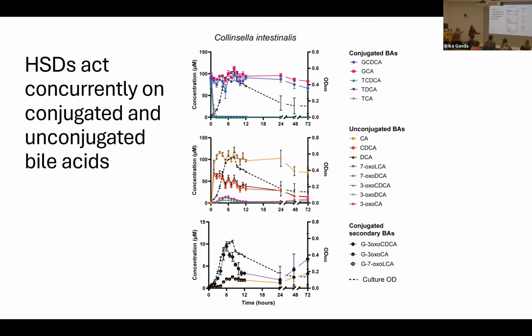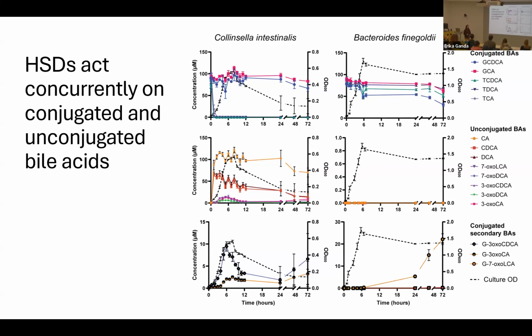And its HSD just didn't care, right? It was like, I will oxidize that C3 hydroxyl group either way. In addition, there are more cases where deconjugation is not occurring at all, and these bacterial HSDs will directly oxidize conjugated bile acids. So here's another Bacteroides that doesn't produce any unconjugated bile acids. It only produces this conjugated secondary bile acid. Yet, we still didn't have strong evidence, or we didn't have any evidence of physiological relevance at this point.